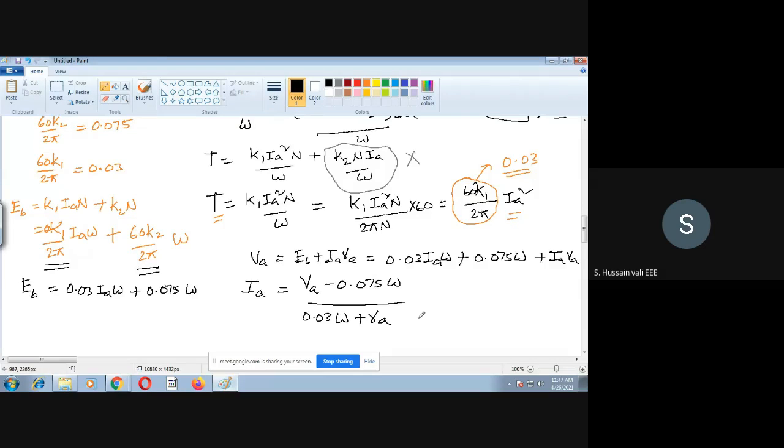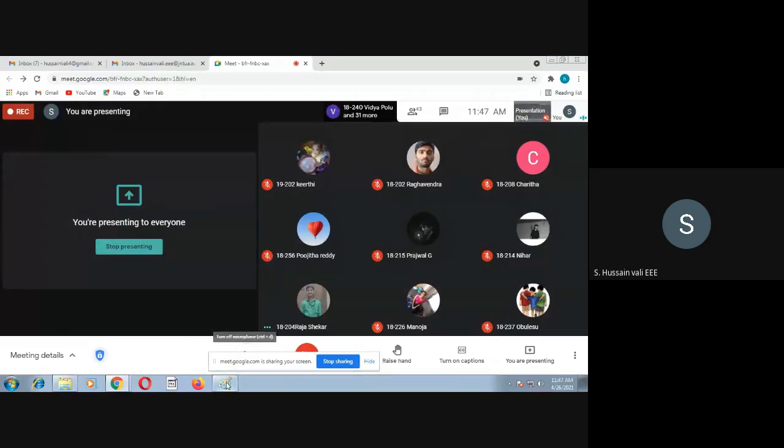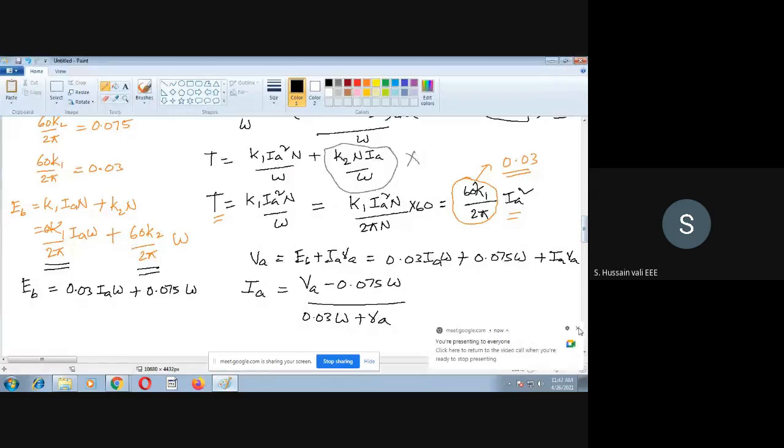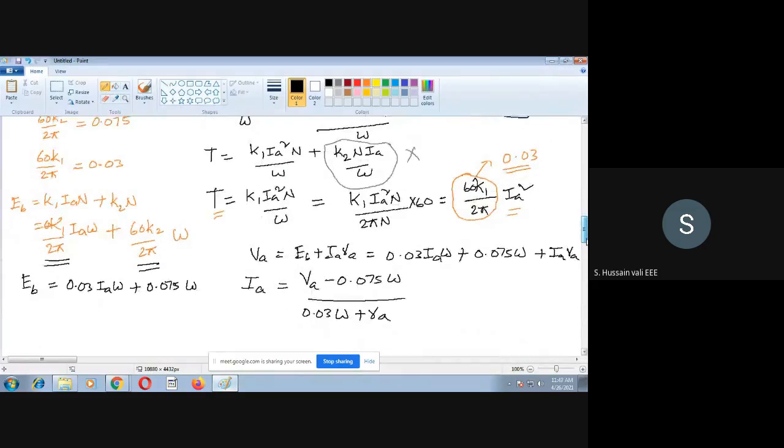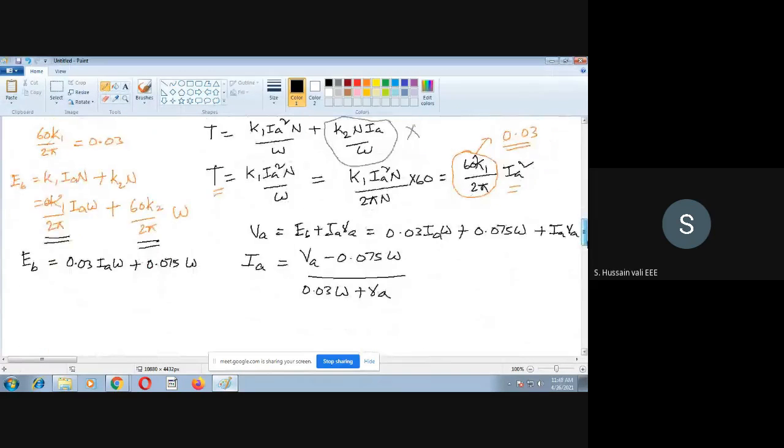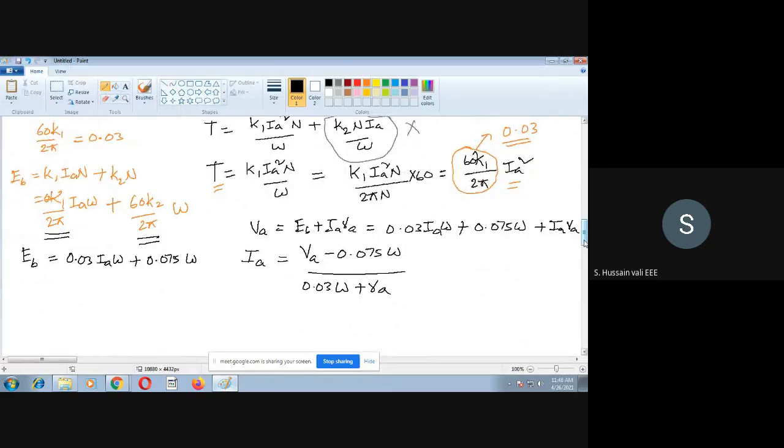Now the first question is that you have to find out the motor current. Now we got the equation for the motor current. Once we got the equation, what are the unknowns in it? There are several unknowns. The first thing is omega. Omega you can easily find out: omega is equal to 2 pi n by 60. The n in the problem he has given us is 1000. So 2 pi into 1000 by 60. What will we get for omega?